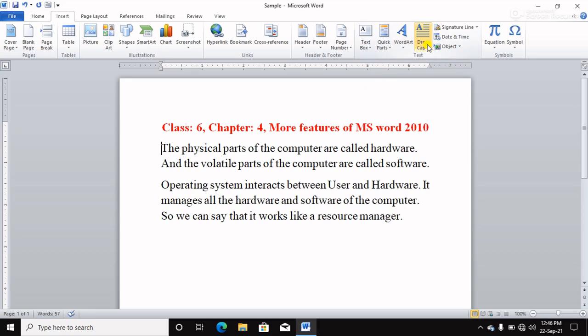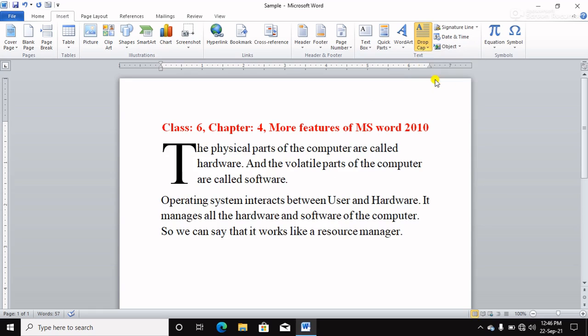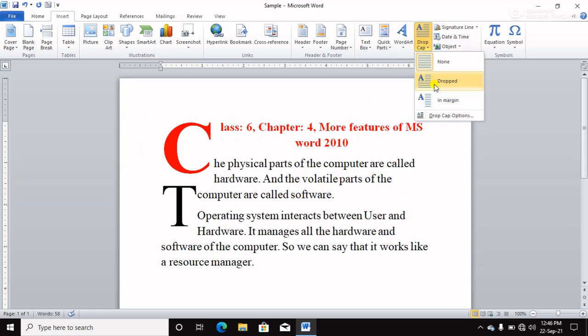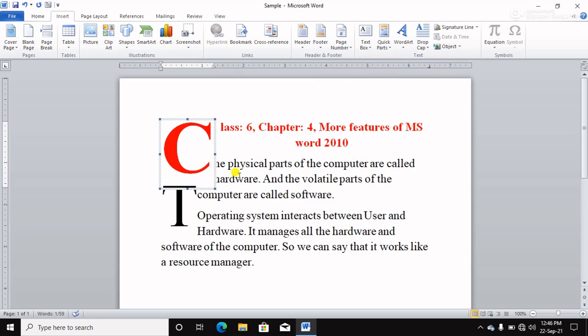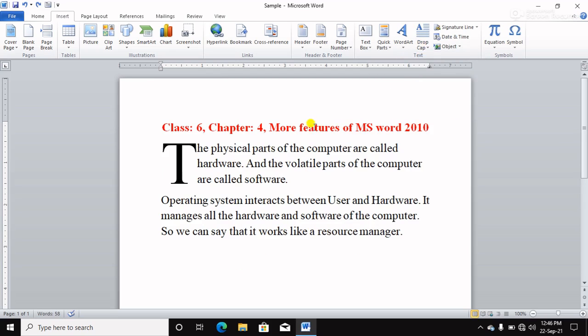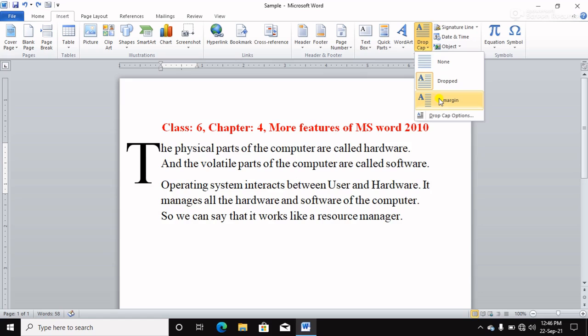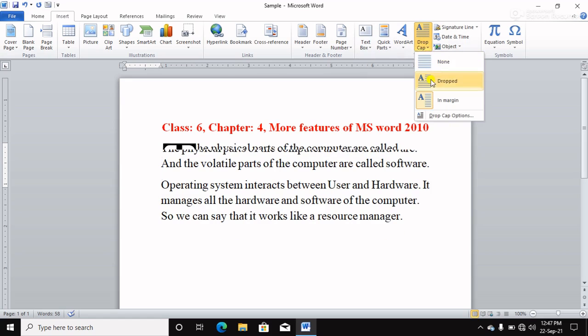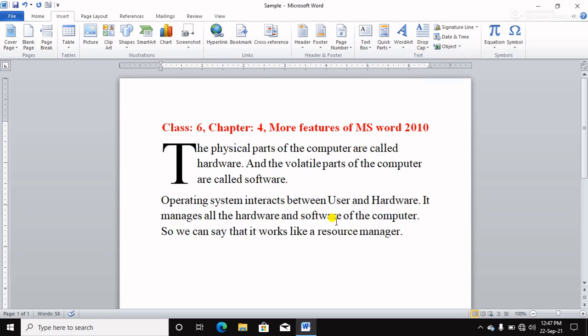Here you can see drop cap. So select it, choose drop cap. The T letter automatically enlarges. So like that we can enlarge the text or decorate the first letter of the paragraph. So this is called drop cap.